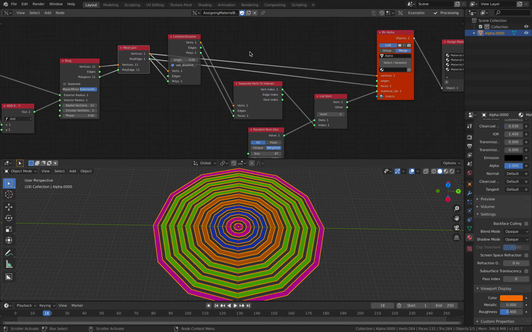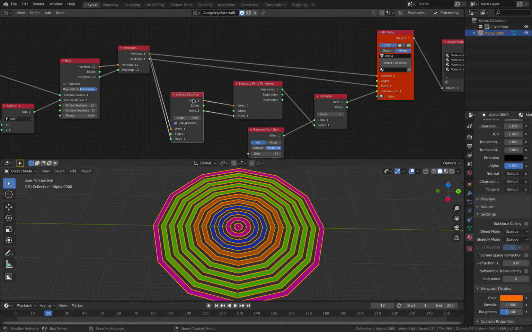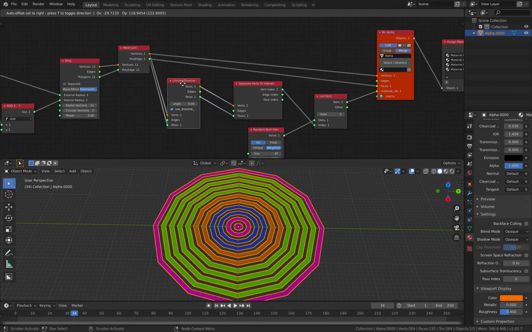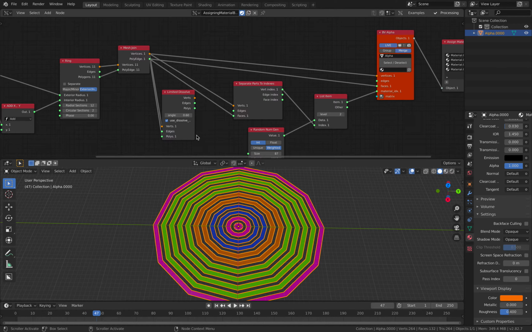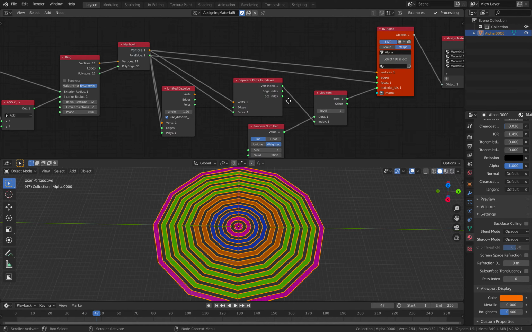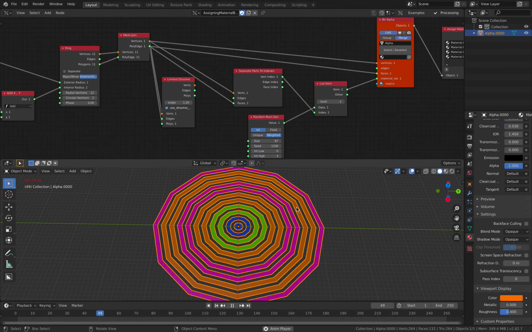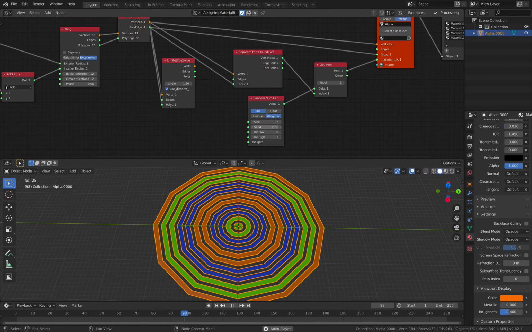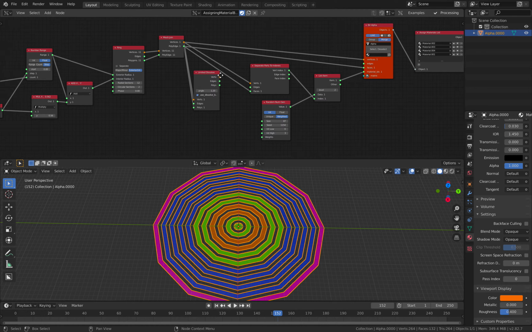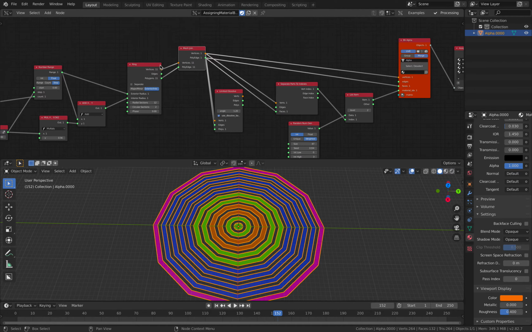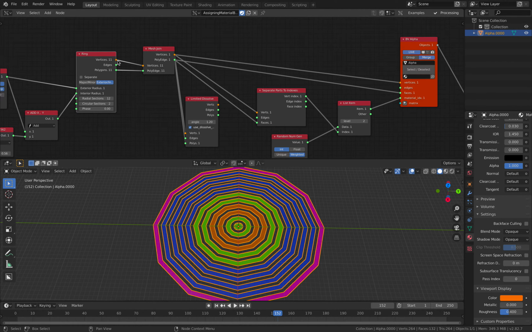If I get rid of the limited dissolve, I don't think it's going to work. Let me check. If I were to skip that limited dissolve, okay, in this case it actually works. If I'm not wrong, if I skip the mesh join,